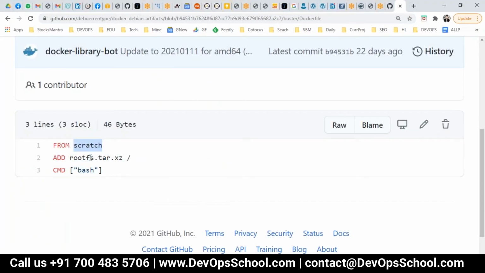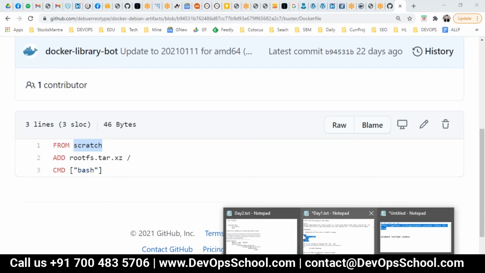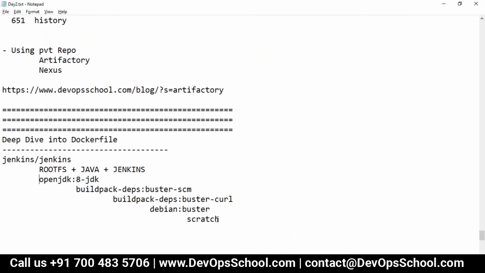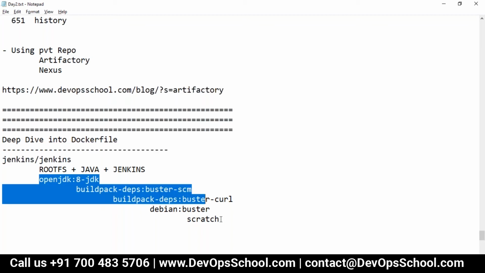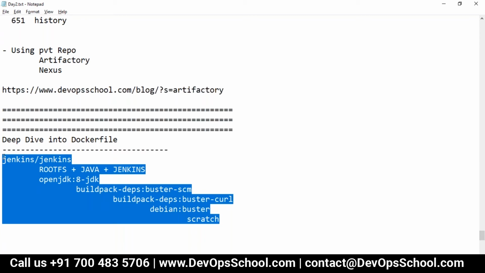Okay, so guys, this is how we do that. So you see how it has been developed. See, from scratch, they got Debian. From Debian, they install some utilities. I don't know what kind of utility they installed, so maybe curl or something. Here they might have installed git or something. SCM, it says SCM, right? And then here they install the JDK, and then finally Jenkins is using this image. So you decide which image is your base image, and all this stuff. It is dependent on you.